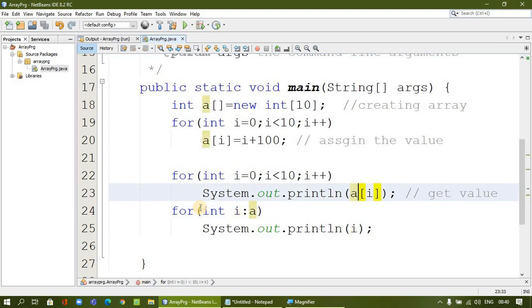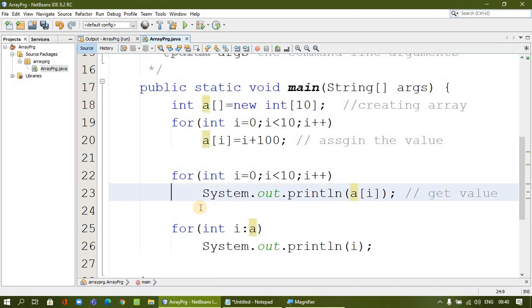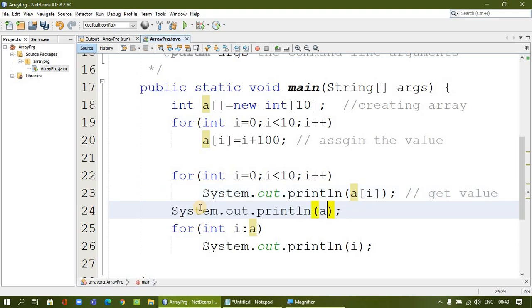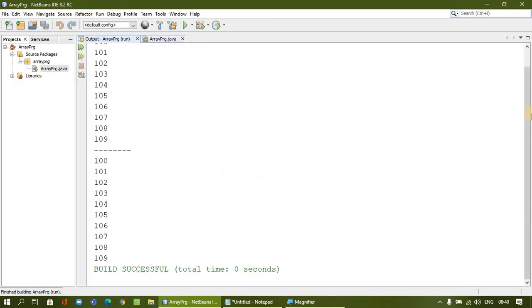If you want, we can give some gap here. For our understanding, I am going to have some gap, because the same values are going to be printed and I am just separating them by some lines. So the for each loop is also going to do the same. Okay. So it is another way of printing the values.